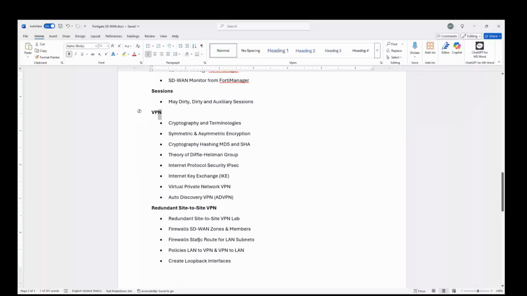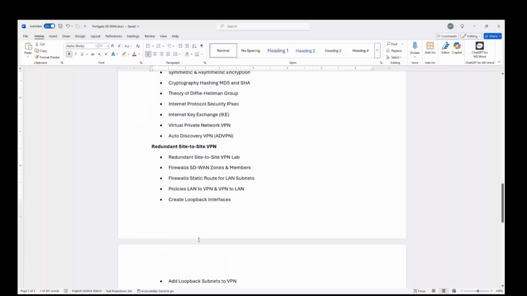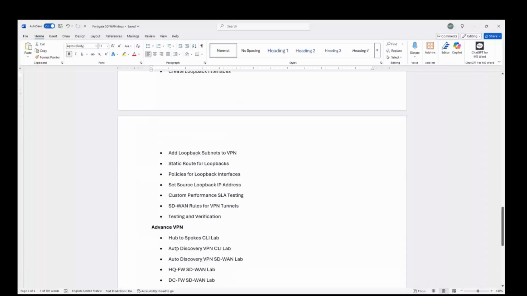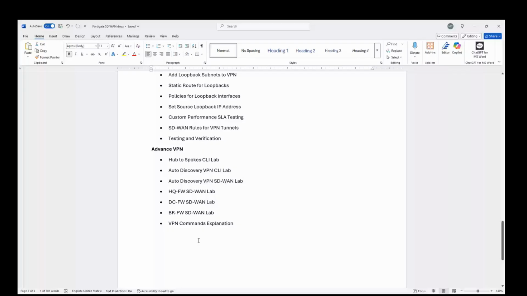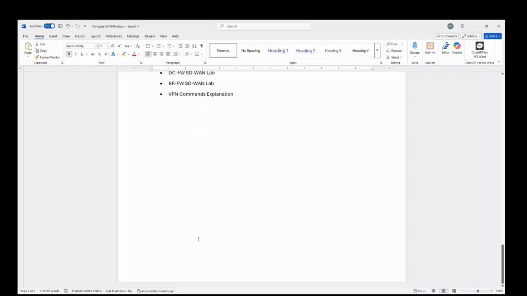And further, we are going to talk about the advanced VPN, where we are going to talk about the hub and spoke, auto discovery VPN, SD-WAN LAN we are going to discuss, right? And then VPN commands we are going to explain. So that's the overall syllabus. And if I talk about the lab, so we are going to provide you labs over